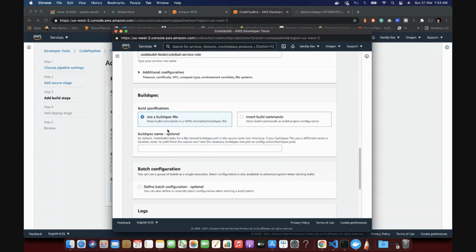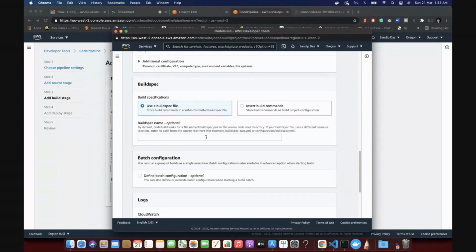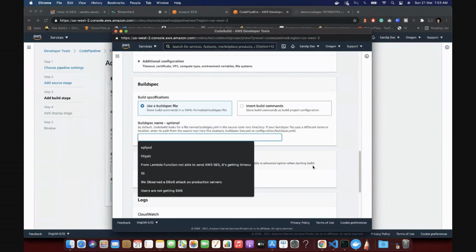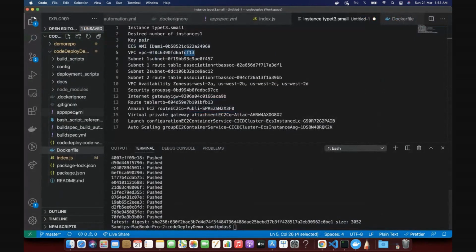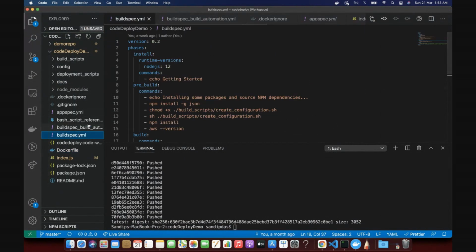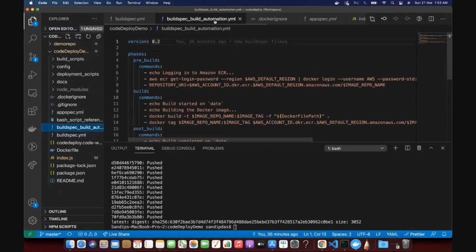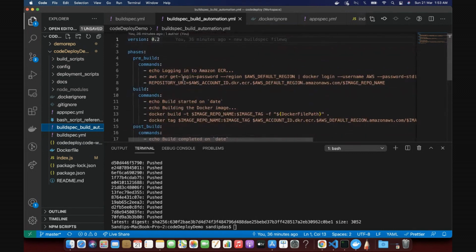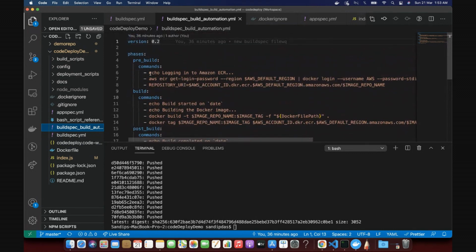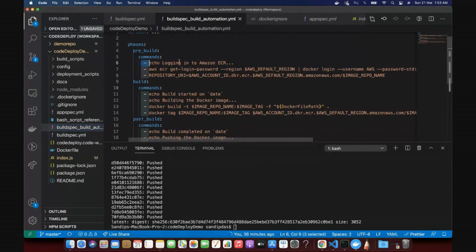Since we are using, if you see the code, we already have that in the project. In the previous demo we showed using the buildspec. For this demo I have a new buildspec called buildspec build automation. In the previous stage we are logging into ECR and getting the repository URI.